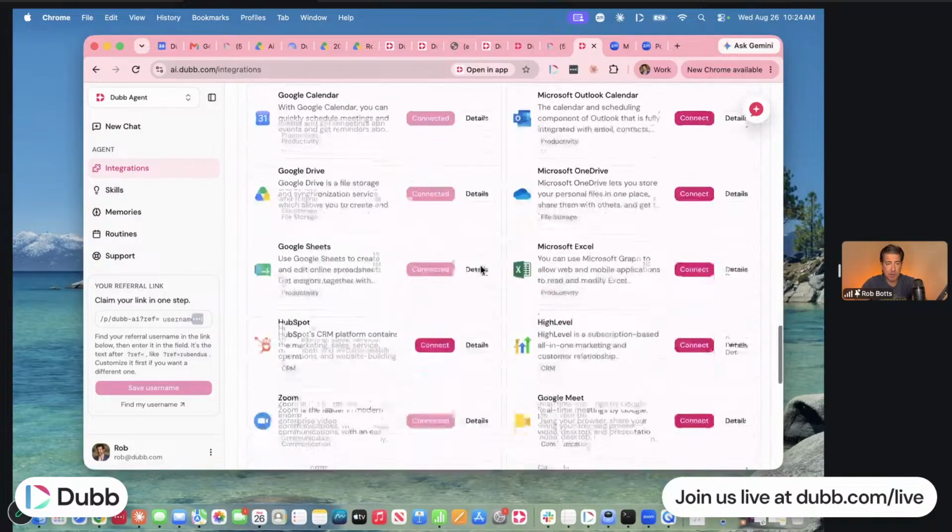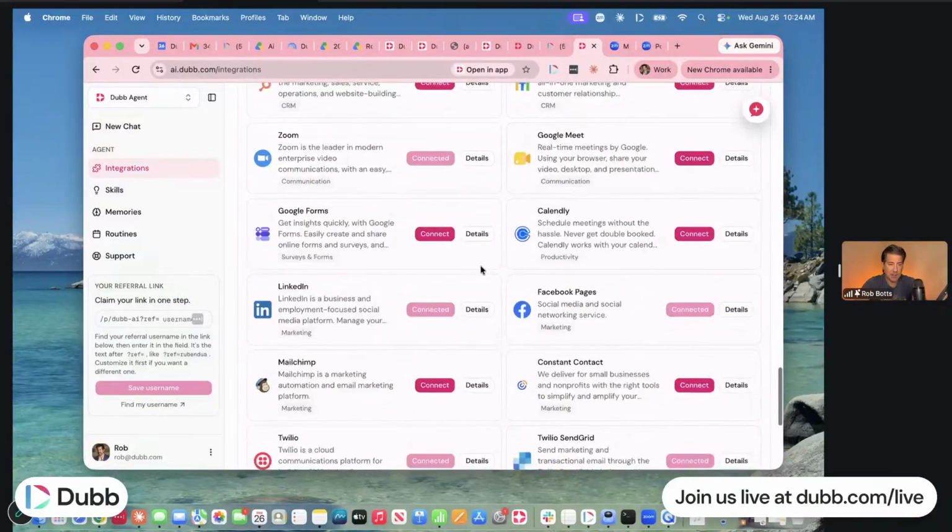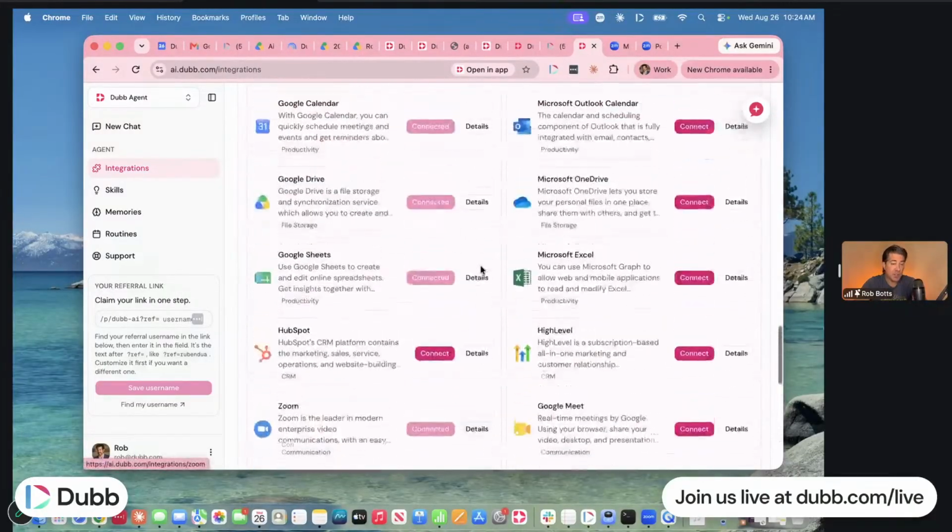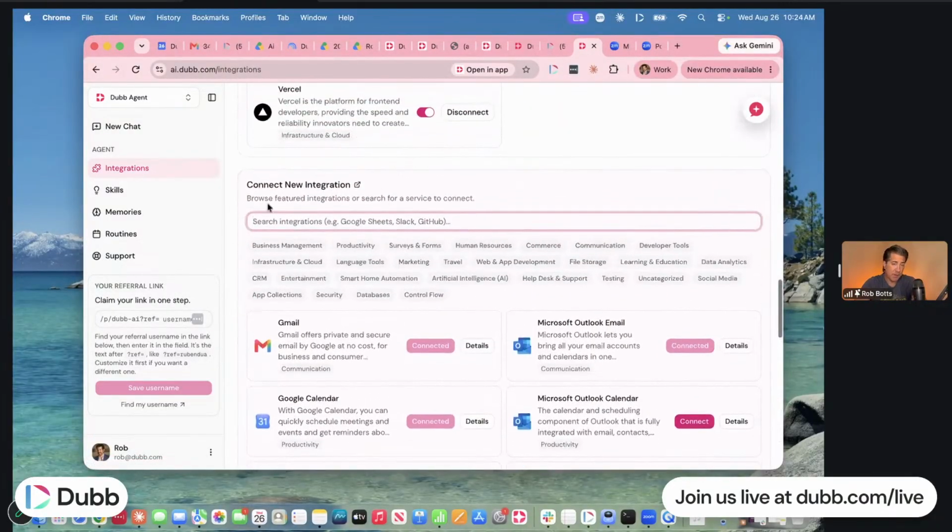These are some of the most popular ones down here that are connected. You can see these right here. Now, first, you definitely want to connect your email. That would be the first thing to connect. So whether you use Gmail or Outlook, just click connect. Mine already says connected because it's connected. Click connect, go through a little process, it'll connect it for you. Same thing for your CRM, any other things that you use.